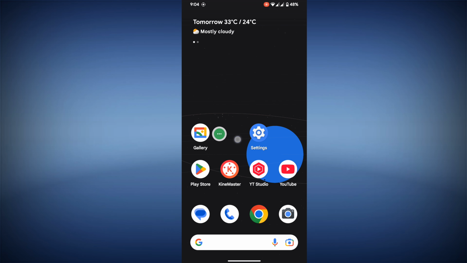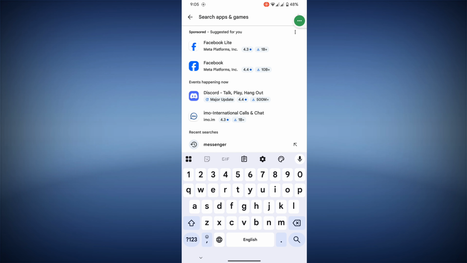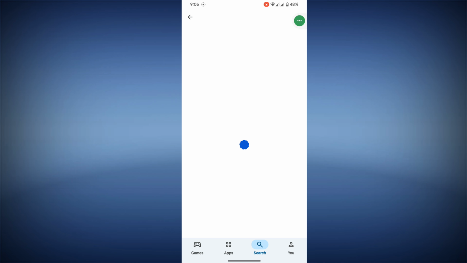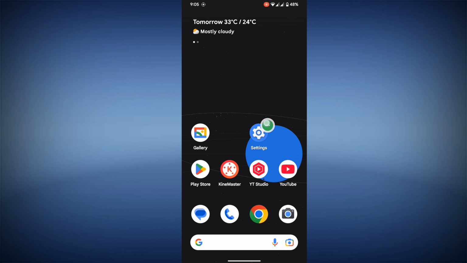For checking this, go to Play Store, search for Messenger. Now click on Messenger. Now update your Messenger from here. If an updated version is available, then go to settings,